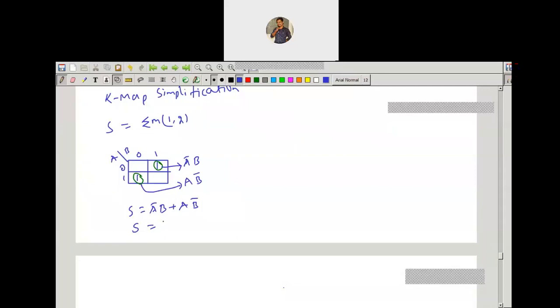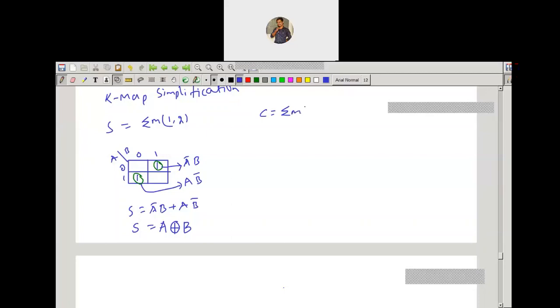Dear students, I am asking you. One person has answered XOR. Yes, obviously it is the exclusive OR, the XOR gate. So you can write sum is A XOR B.